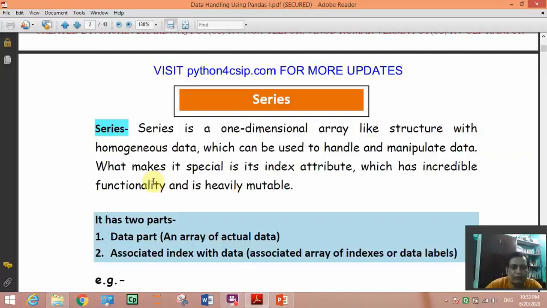This type of structure which stores only similar type of data is called an array, and series is like an array only, in pandas.